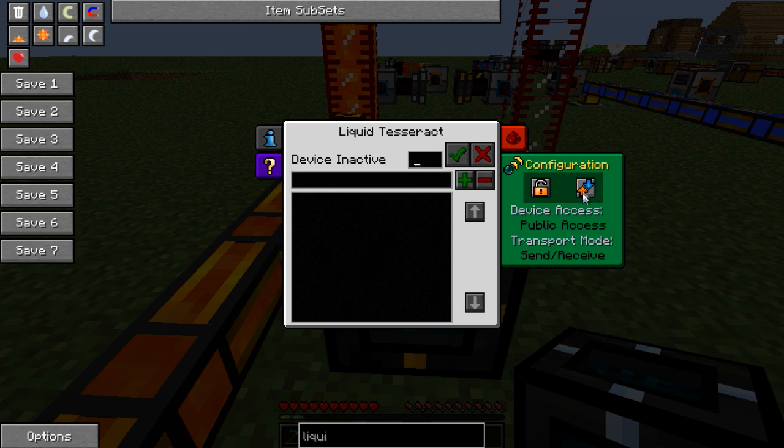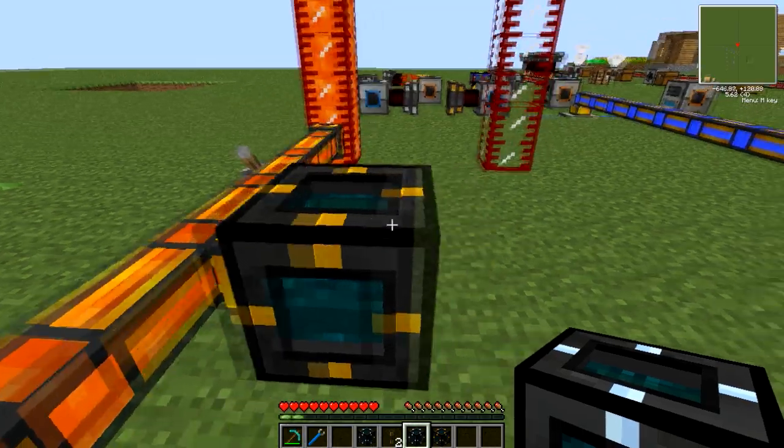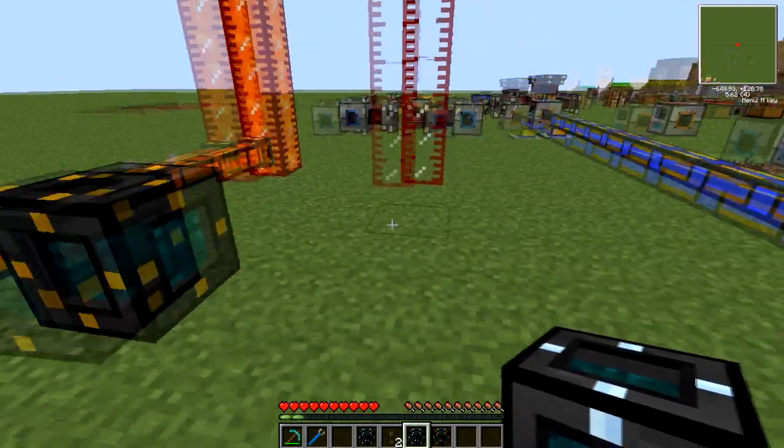And on this tab you can adjust whether it's send, receive or both. Okay, but this one we just want to send, so we should leave it like that. Now if we pick a frequency, we'll go for 1 and then we'll call the frequency lava. Now we'll save the frequency, which saves it in the frequency list down here, and then click set frequency. Now you'll see it's highlighted. That means that this tesseract is now operating on this frequency,